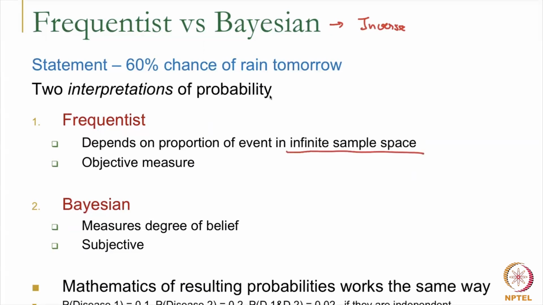I'll define what a sample space is later in this very video. But what you assume is, let's say you have a coin and you're tossing a coin, and you assume that if I toss the coin an infinite number of times, then half of those will be heads and half of those will be tails. So the next time I toss the coin, I'll say there's a 50% chance of getting a heads. So this talks about some objective measure, but the objective measure, of course, depends on something